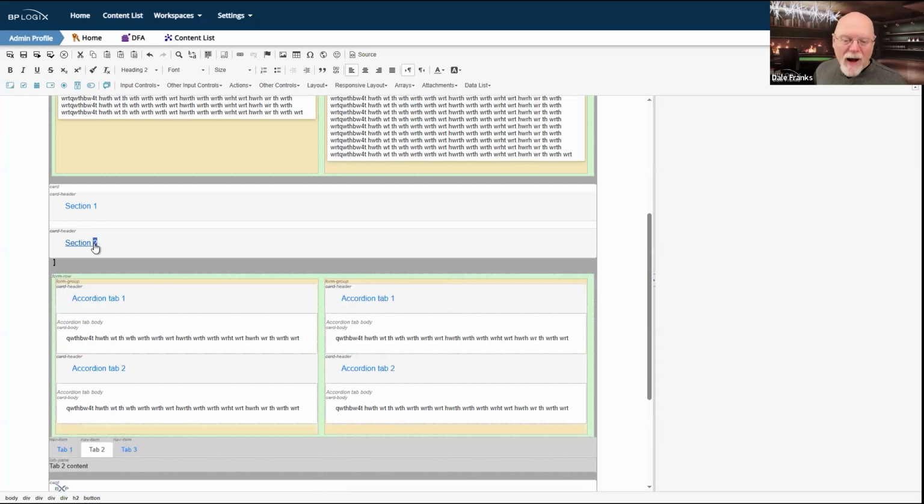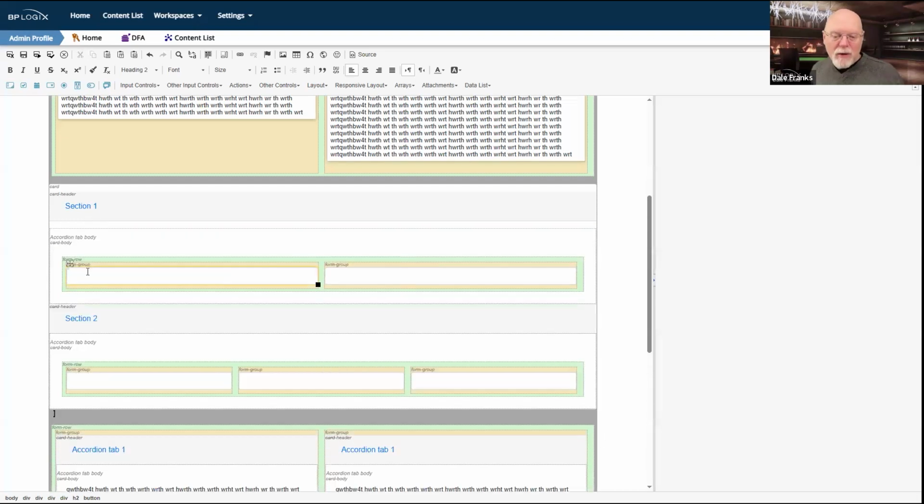Now, this is all fine and good. And in the design mode, note that I have access to both of the sections. I can open and close them. I can put in as many controls as I want in here. If I'm going to have multiple accordions inside a card control, which I certainly can do, it's only going to show me one section at a time. Now, I don't know if that's a good thing or a bad thing, but it is a thing.